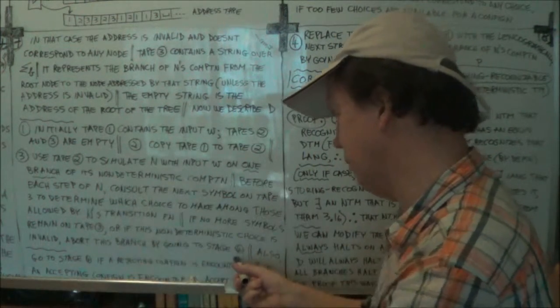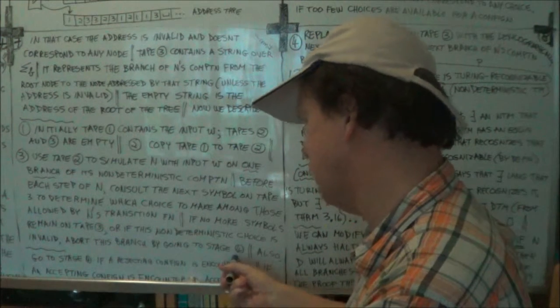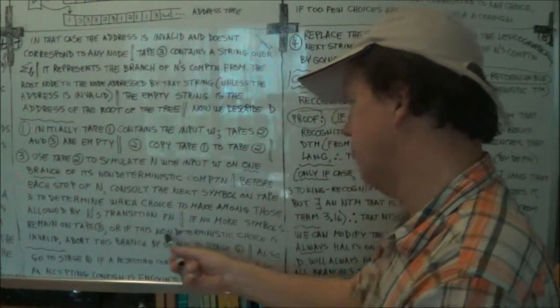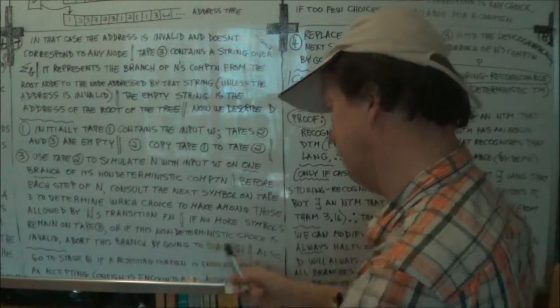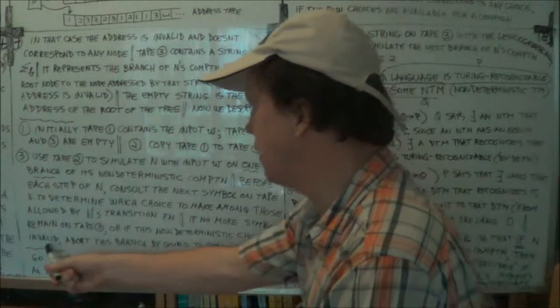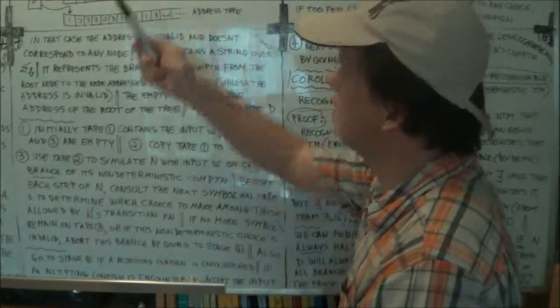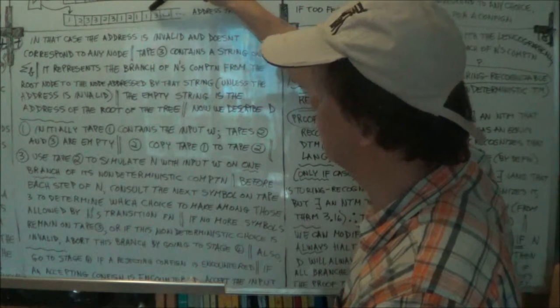I'll explain that in a minute. But there are various ways to get to stage 4. Another possibility is your deterministic choice may be invalid. So in other words, the address is invalid. Like you might, well, let's say here, you've got a 3, well, say here,